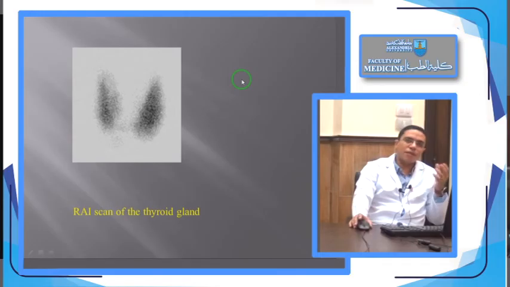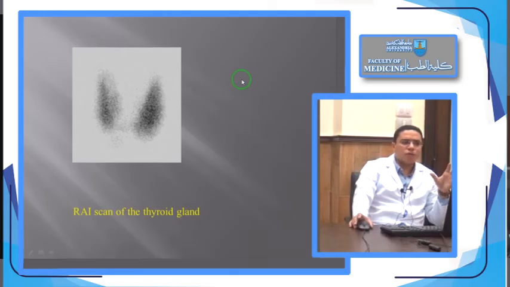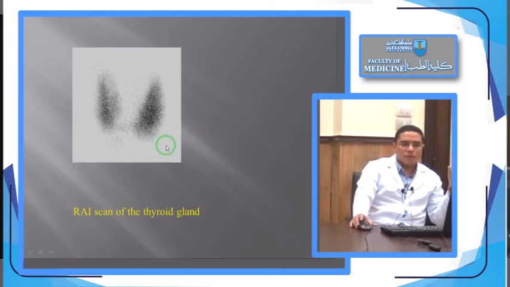So what if this thyroid gland is toxic? It is producing a lot of hormones, very high levels of hormone, so it needs more iodine. So when you give this patient this radioactive iodine, it will be concentrated very rapidly in this toxic goiter. This is a normal view, by the way. There is no problem in this image. When you have a toxic nodule, the nodule will concentrate the radioactive iodine, and this will be called a hot nodule, and this is a toxic nodule.